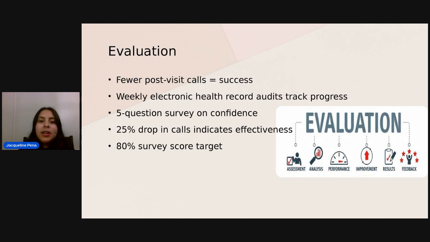Caregiver confidence and comprehension will be assessed by using a custom 5-question survey that assesses their opinion on how well patient education helped them with their home care instructions. Questions on the survey will include how clear were the discharge instructions, how confident do they feel in their child's care at home, how well did the nurse or the provider explain any possible complications and how to manage it at home, were they asked to repeat the instructions using their own words, and did they feel comfortable asking questions before the discharge. These surveys will be distributed